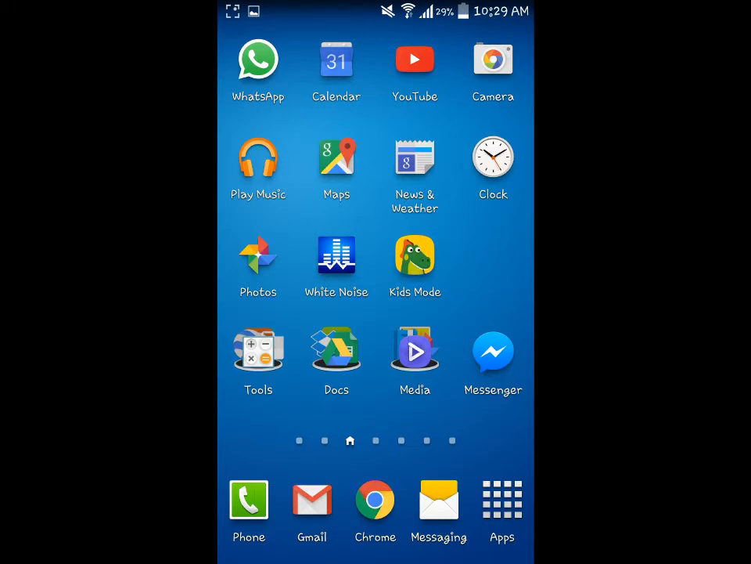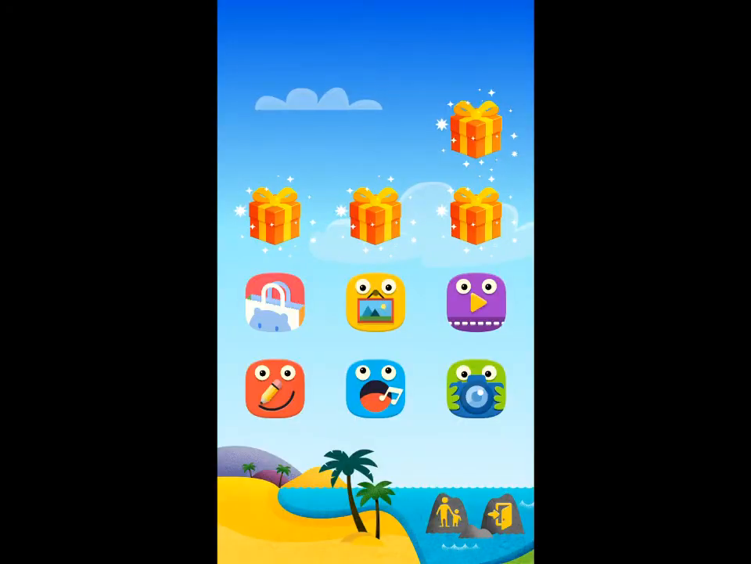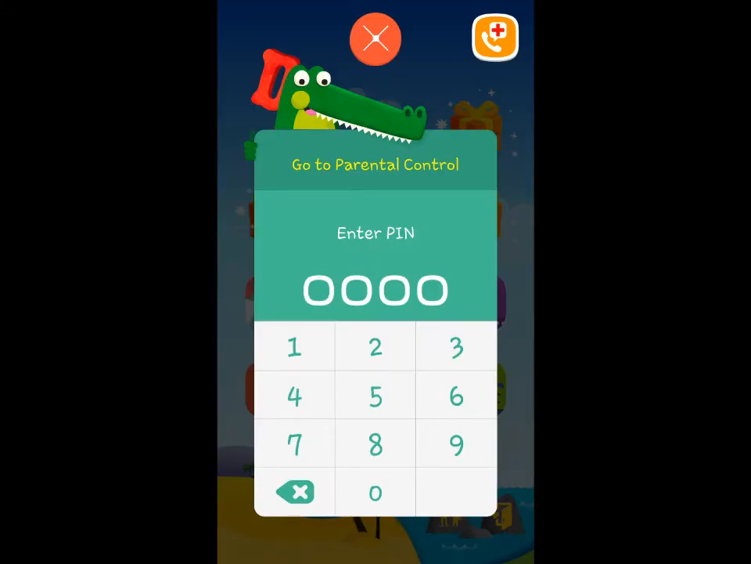So either you're going to give your kid a dedicated device, in which case it's always going to be in Kids Mode, or you're going to let them play on your device, in which case you put it into Kids Mode, let them use it, take it back, and then take it out of Kids Mode. Now we're going to go into Kids Mode and see what can be done. If we go to Parental Controls,